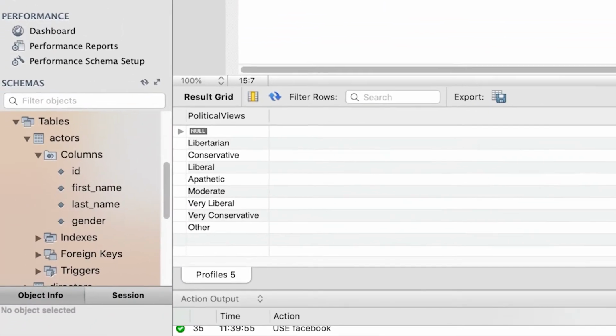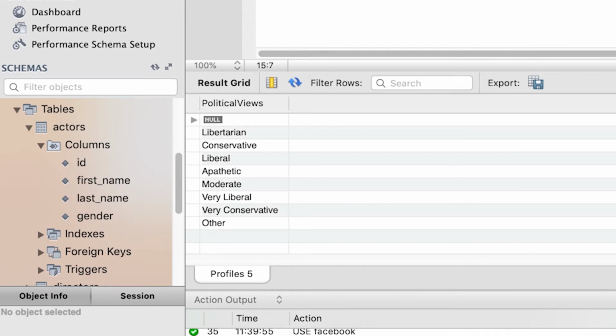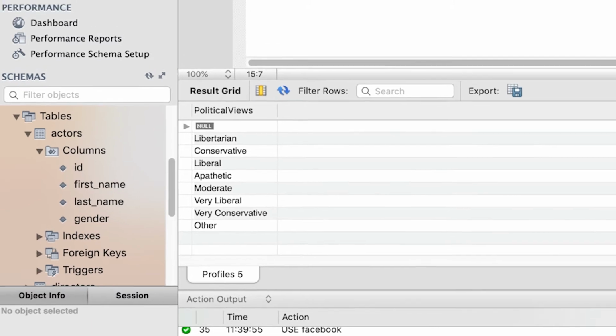Now you see that we have the following political views: null, which means empty, when people do not enter anything in their political views; libertarian, conservative, liberal, apathetic, moderate, very liberal, very conservative, and others. Let's do another example.